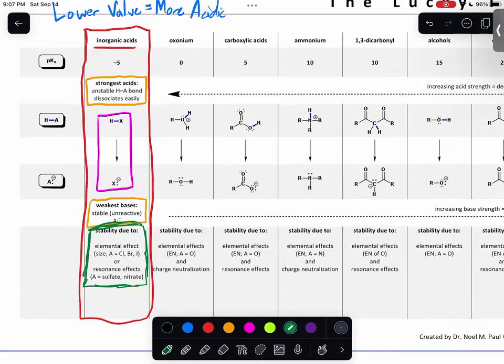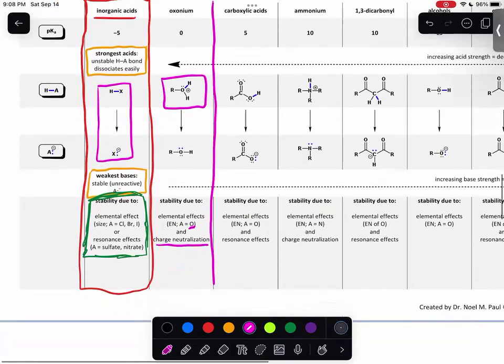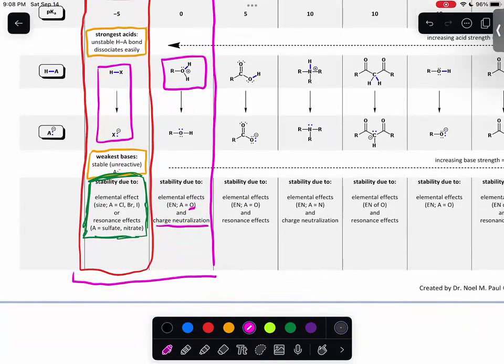So, looking at the next one, oxonium, right? This is our friend H3O plus, essentially, and it sits at a pKa value of 0. And it is acidic because of primarily the fact that the oxygen is electronegative, and if you deprotonate it, it becomes a neutral charge. All right, the next up, and by the way, this is the line right here where we would separate things that we would call strong acids,